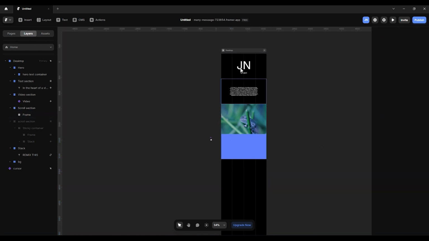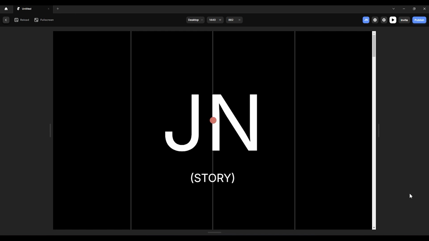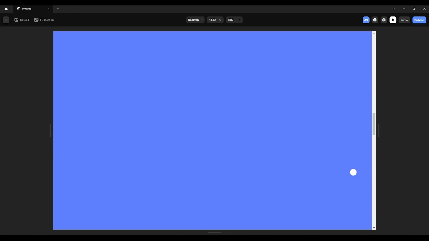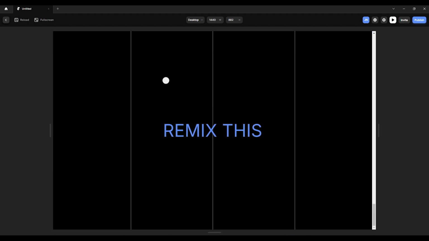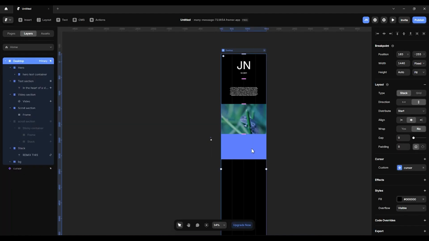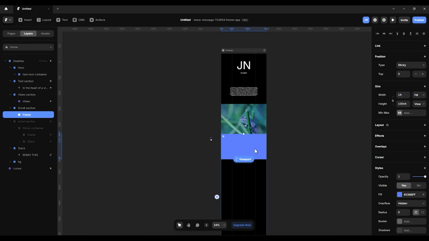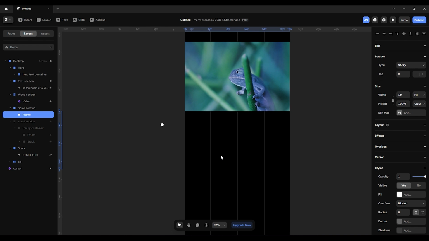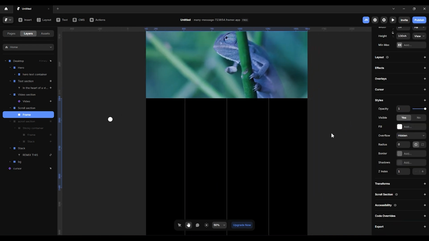So let's continue. So now if we view our blue part, as you can see, it doesn't change. Why? It means that now this is where we want our images to be. Now as you can see, we're scrolling, and then this is the final section. So now we just need to place our images inside here. So I'm gonna kill the color, I'm gonna zoom inside so I can see well, and then I'm gonna start creating